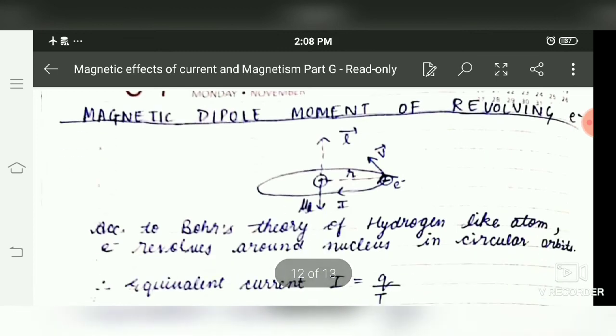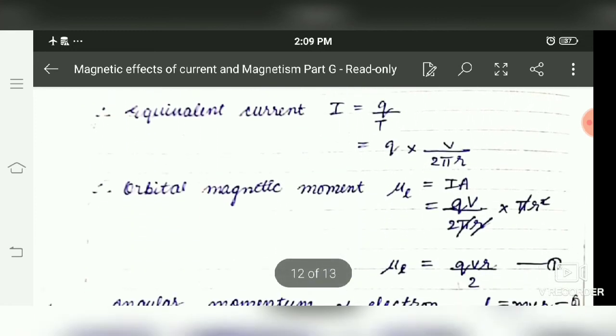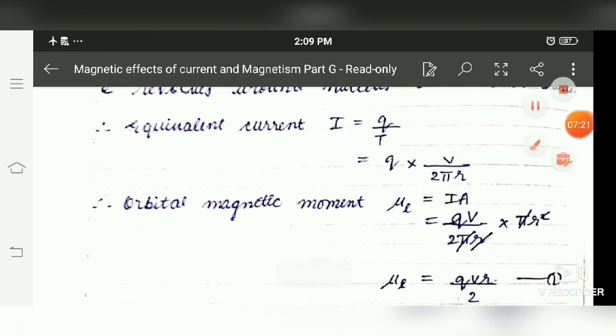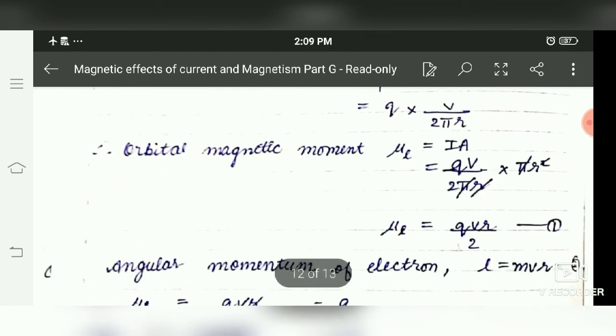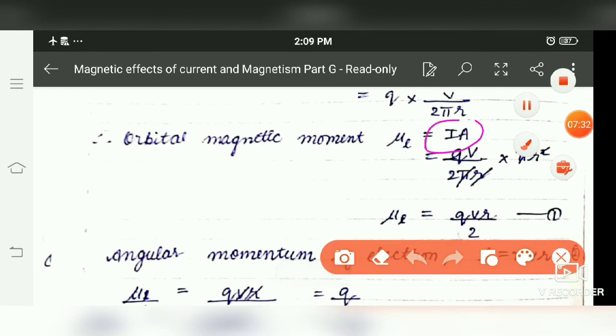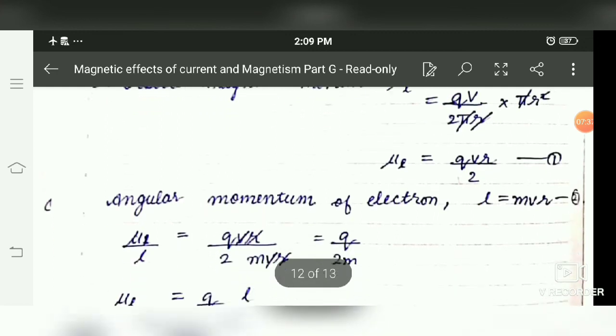Next is the magnetic dipole moment of a revolving electron. A revolving electron constitutes what? Current. So if a current loop is there, then obviously it has some magnetic dipole moment because a loop will act as a magnetic dipole. Current equals charge upon time. By substituting the value, time equals 2 pi r, distance upon velocity, where orbital magnetic moment equals IA. Substituting the values of I and A here and solving it, we get this,